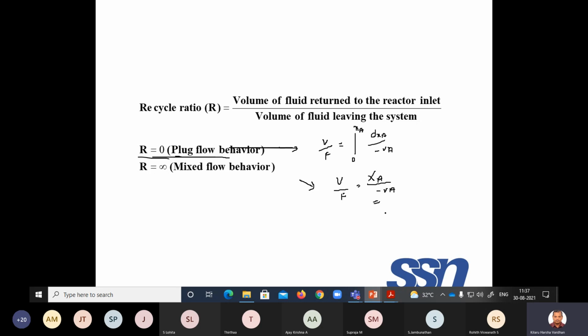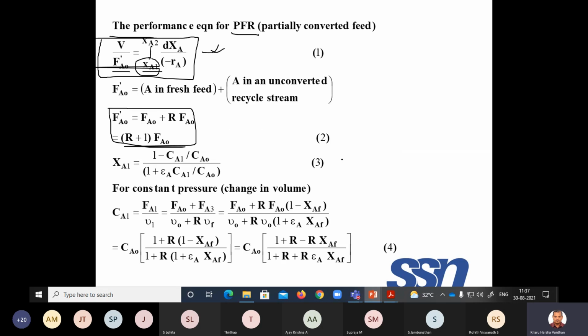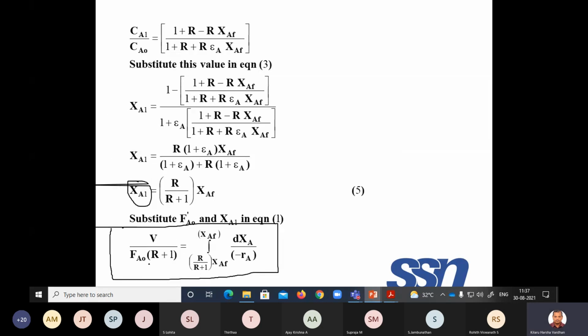We'll see whether we are getting this expression or not. This is the expression, right? Now substitute R equals 0. Take your notebook. Put R is 0. What is happening here? When R is 0,